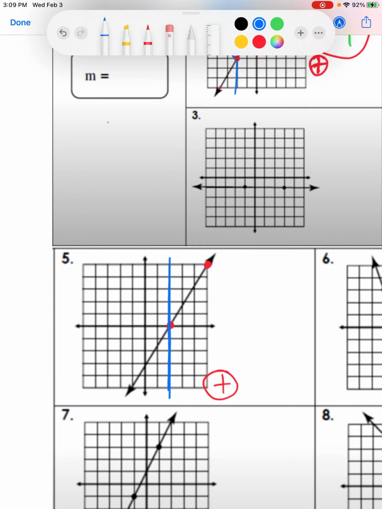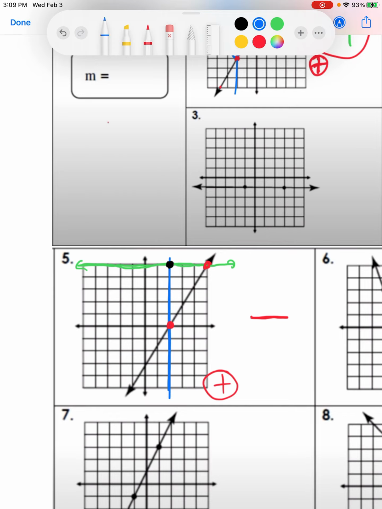So my first one, I'm going to go straight up and down for my rise. My second one, I'm going to go to that second red dot, and I'm going to go straight left and right, theoretically straight. And where these intersect, I'm just going to put a little black dot. And now my next job is I just have to count my rise and my run. Well, actually, let's pause. So I'm going to put in my little fraction bar over here, just so that's ready